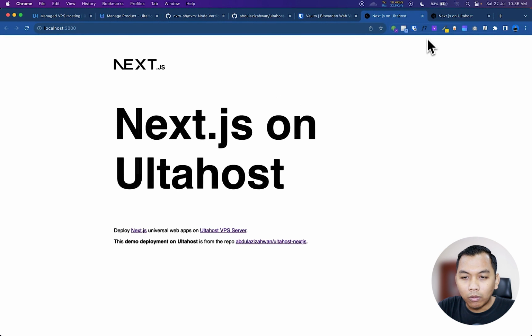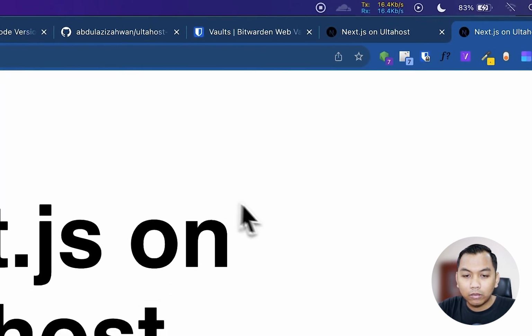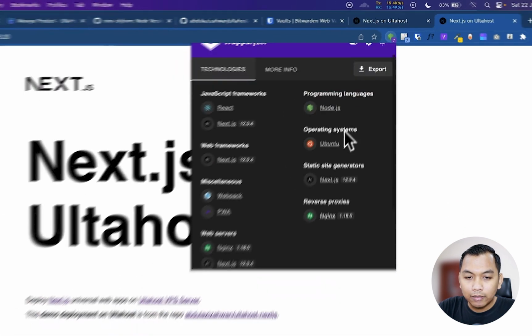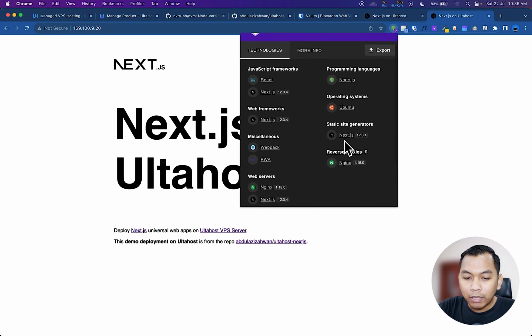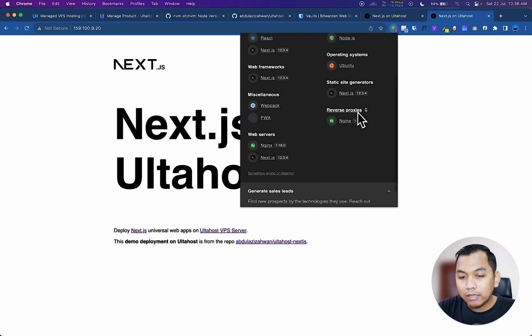Next.js on UltaHost, and this is also Next.js on UltaHost. When we check here, there's a lot of information such as the Next.js version and the operating system I use and so on. As you can see here, my web server is Nginx, reverse proxy is Nginx.